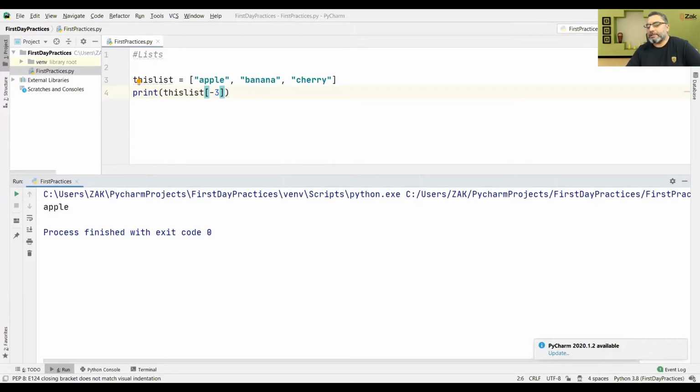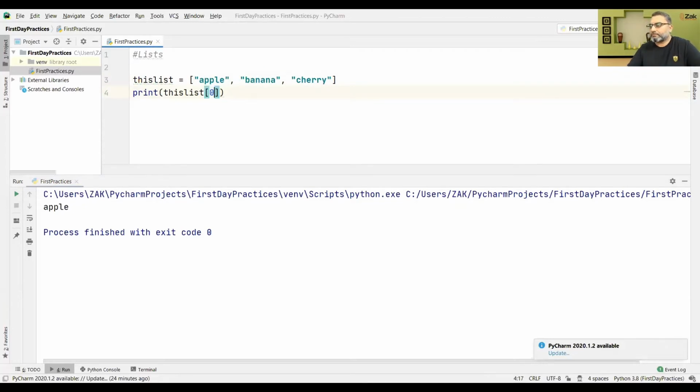So you can create a subset of the list, but this time we will only be accessing for output. So let's say I want to access from this item to this item. Okay, so let's say this is 0, this is 1. So I will have to put